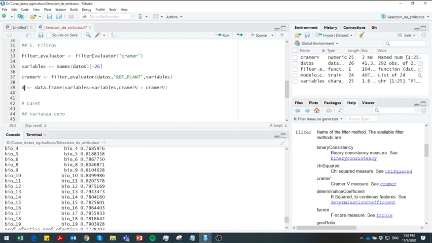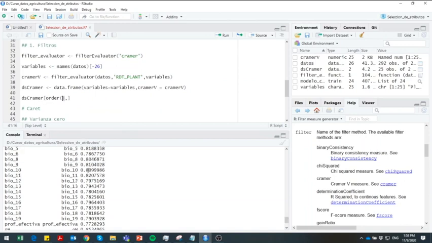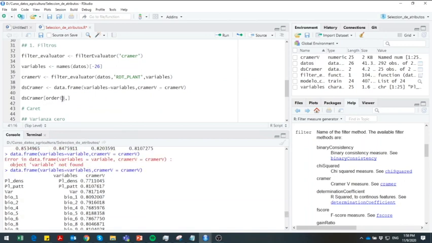We're going to save it in the data set called dataset Kramer, DS Kramer. But I'm going to indicate that I would like to add an order. So we can do it by doing this. Order is going to throw back the order of this vector that I'm going to include here. So this order is going to be based on the same Kramer matrix, but I only want to organize Kramer